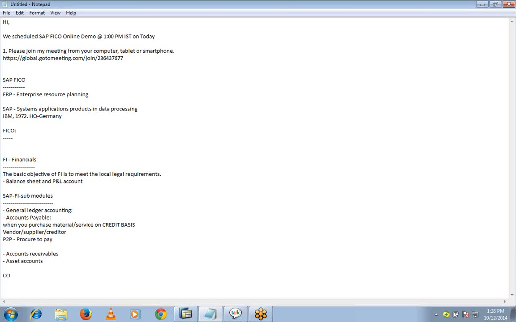I will mention the points that come under this procure to pay cycle, and you can correlate them with your purchase to purchase cycle and let me know if it deviates. Now, the procure to pay cycle in SAP from the FICO perspective: first you have the purchase order. Materials management people create the purchase order, with the transaction ME21N.